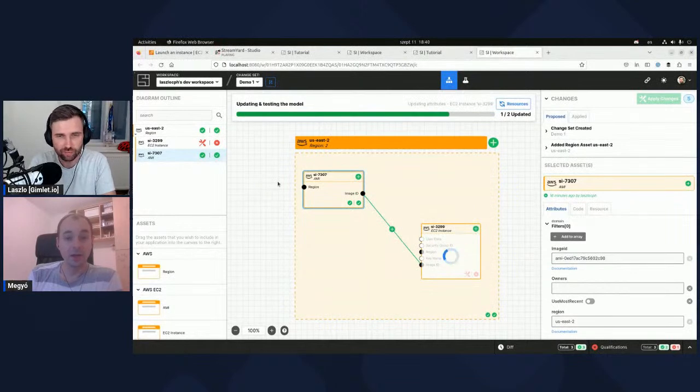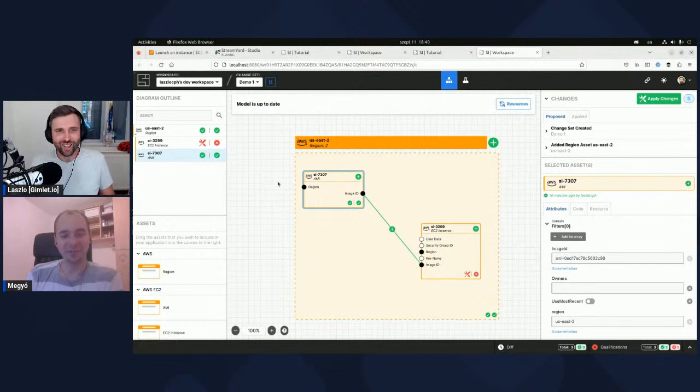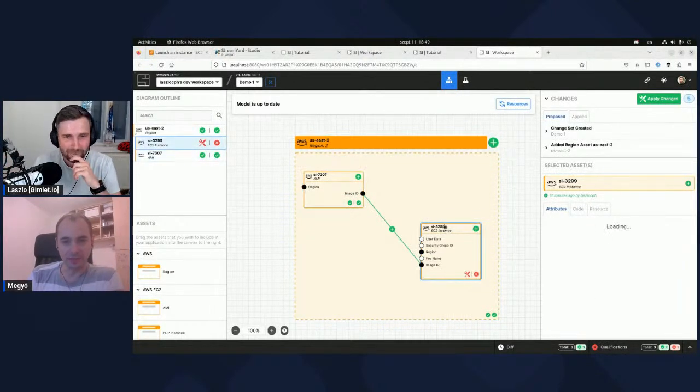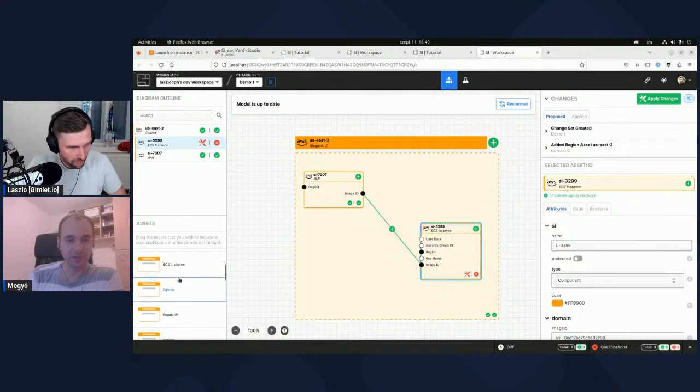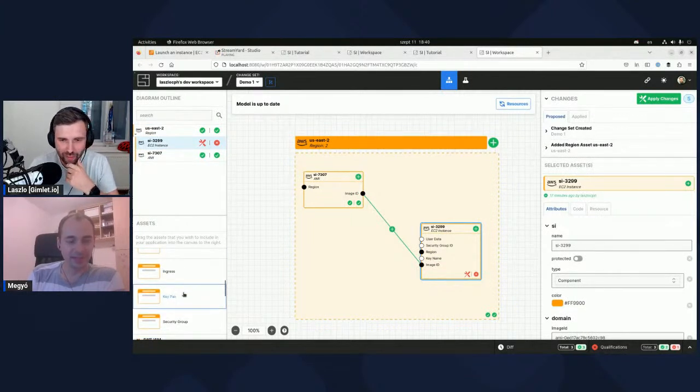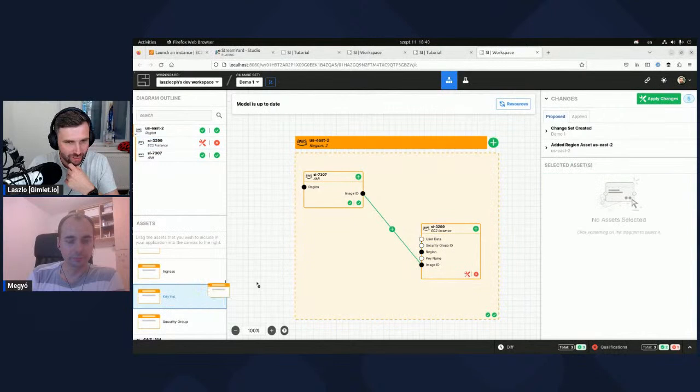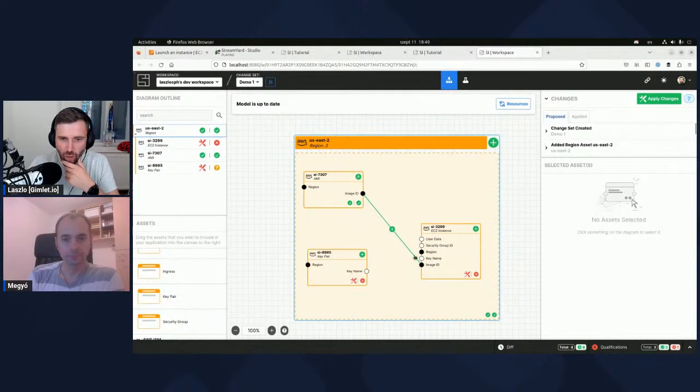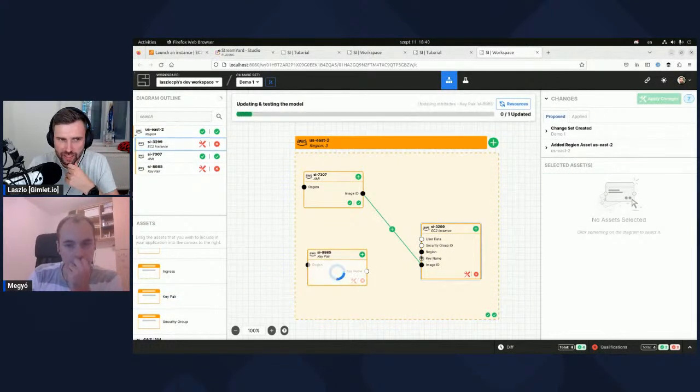Okay, but now you have the green sign. Very good. After 1 hour, the first success. Which is great. So now all we need is just a key pair. Oh my god. If I add the key pair, where do you see that? Is it because it's white?